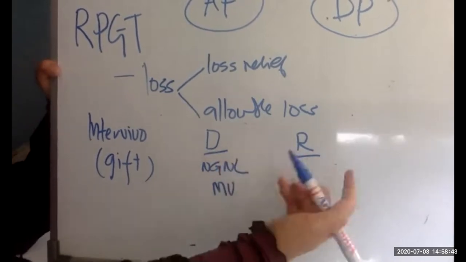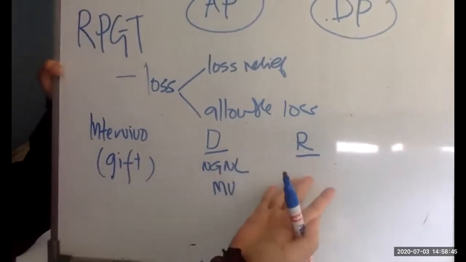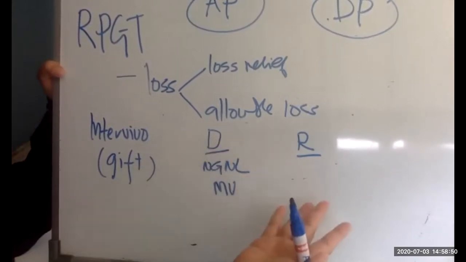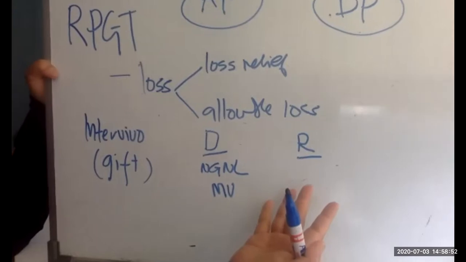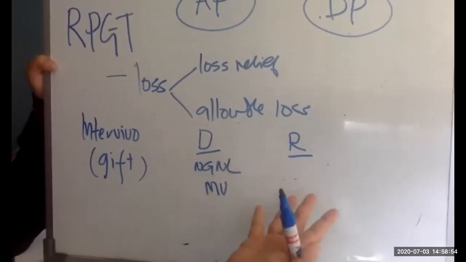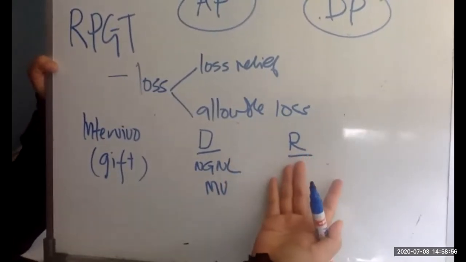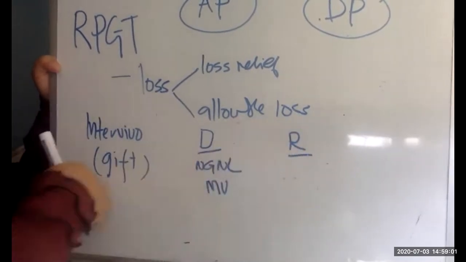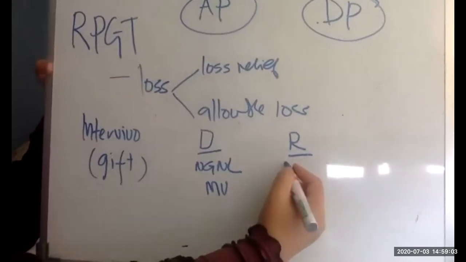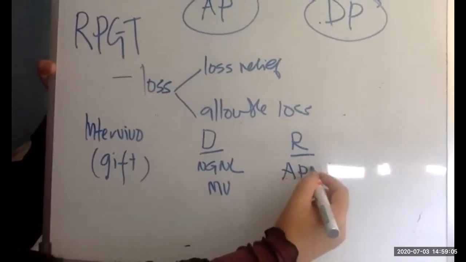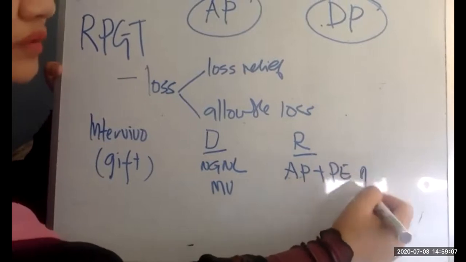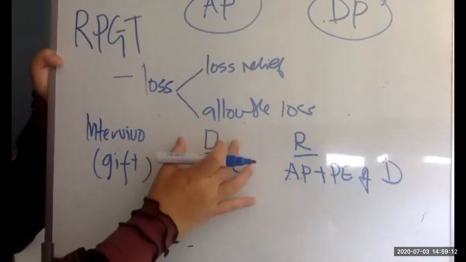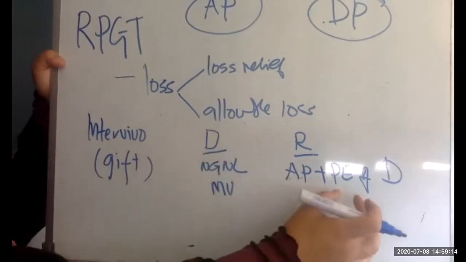And to the recipient, you must know that the recipient doesn't have to pay anything to the disposer, in this case the donor, because it was a gift, all right, received by him or her. So in this case, there's no AP paid by the recipient. But for income tax purposes, RPGT, all right, under inter vivos here, the recipient is deemed to acquire the asset at the AP plus permitted expenses of the donor. Right? AP, acquisition price, whatever was incurred by the donor, and then plus PE.